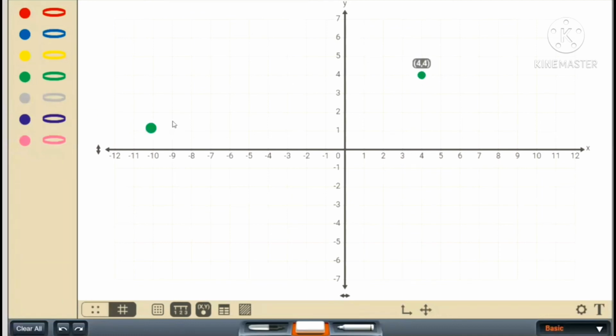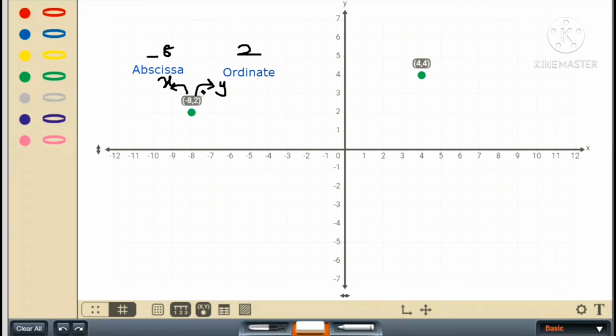Now let's see the names of the coordinates. I'm plotting a few points here. What is the point in the second quadrant? It is minus 8, 2. So that is x and y. The value of the x coordinate is called the abscissa. The name given for the y coordinate is the ordinate. So here minus 8 is called the abscissa. And what is the ordinate? It is 2. The y coordinate is called the ordinate.